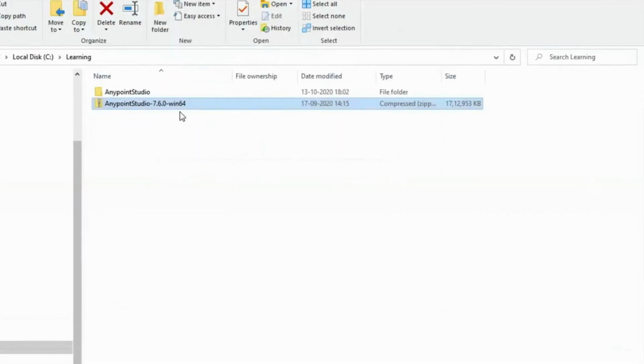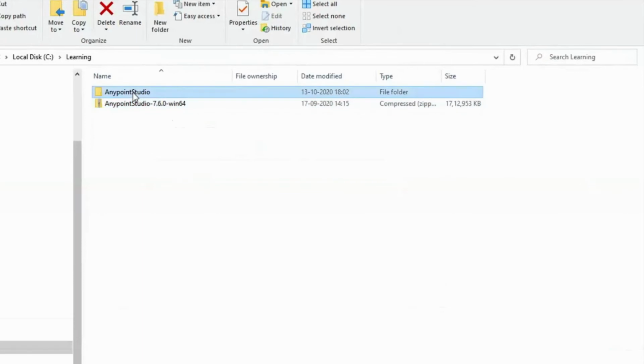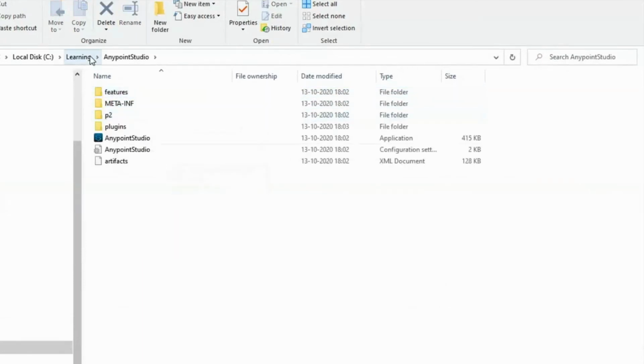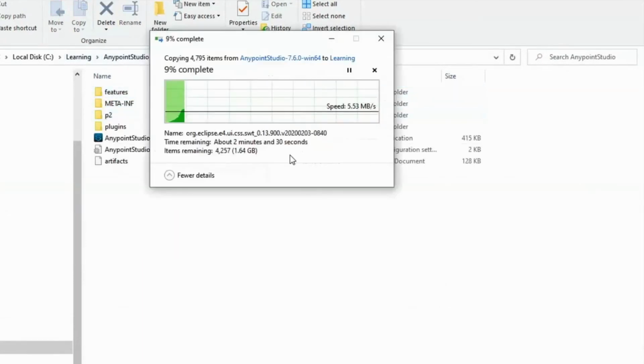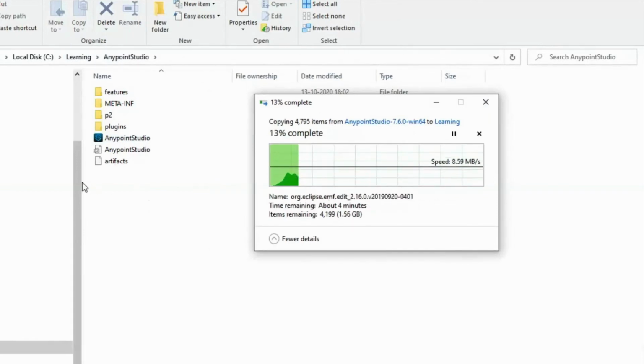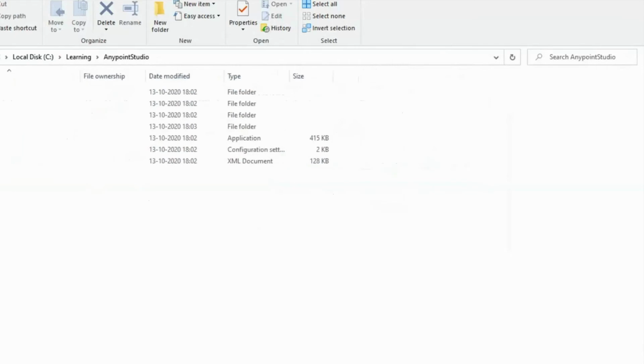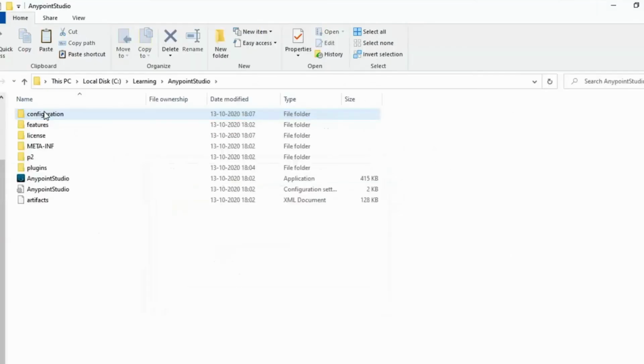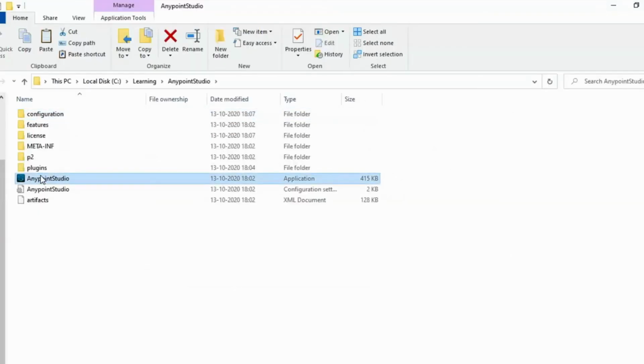Once the file is extracted, inside the Anypoint Studio folder you can see the application and different folders. Now the extraction is completed. You can see the Anypoint Studio application and various folders inside the extracted folder.